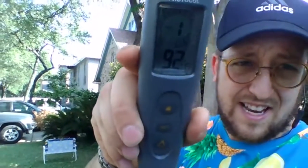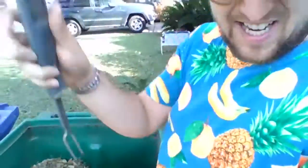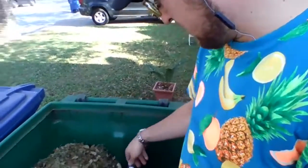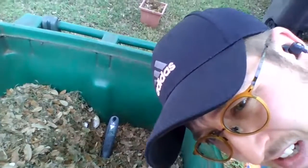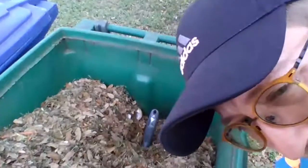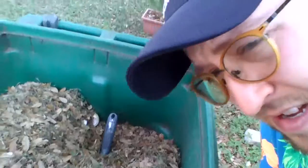So you can see right here, it's at 92 degrees. Okay, I think it's backwards for you. I'm going to take that and I'm going to stick it down into here. Okay, so it's already hitting 114. While we wait for that to hit its temperature,